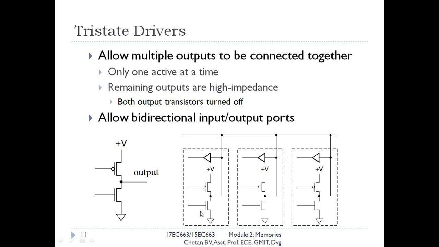Suppose this source or this line wants to drive something on this line, then the tri-state drivers of the second and third components should be disabled. To disable the tri-state components, you have to make the output terminal of these drivers high impedance.